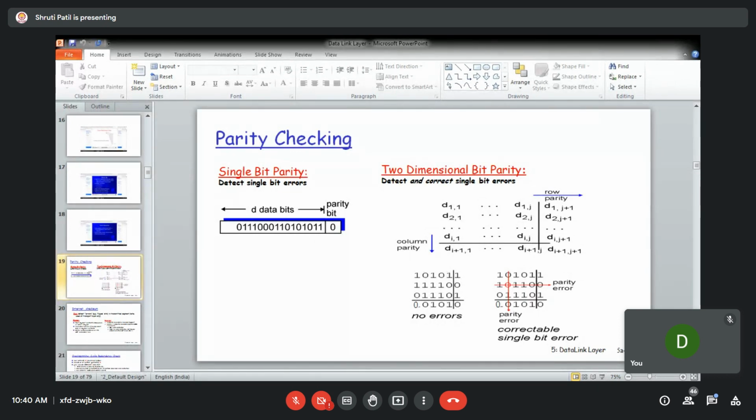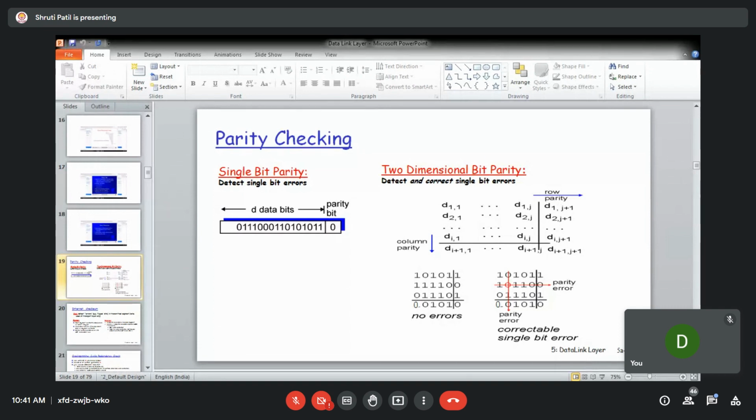So if you make it 1, you will get the entire thing properly. So this two-dimensional bit parity will detect and correct single bit errors. At the receiver end only it can detect the error and it can correct a single bit error. Okay, so this is how the two-dimensional bit parity works.